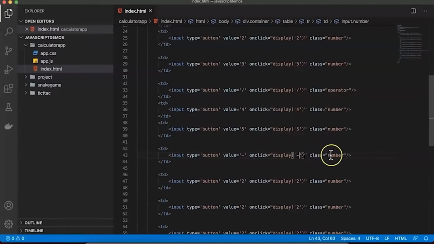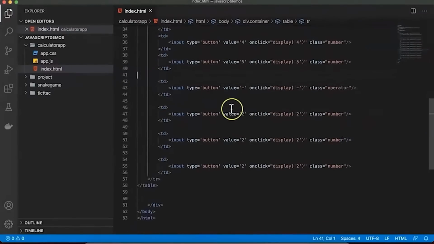Once again it will be what type of operator. After this minus we'll be talking about called 7. Then we have to have 8. Okay, 9. After that we're giving called plus, and display plus class equal to